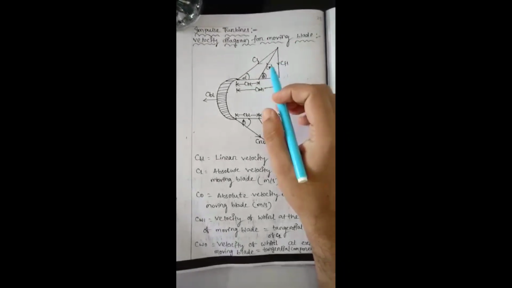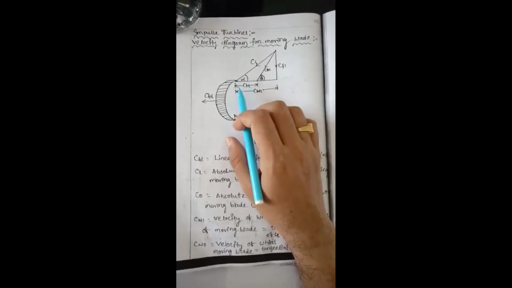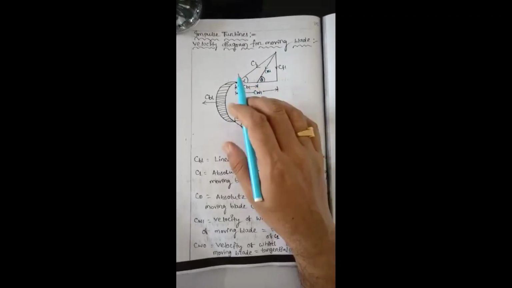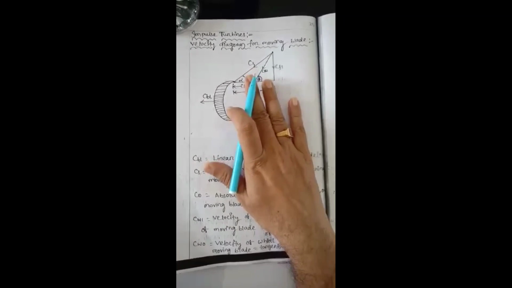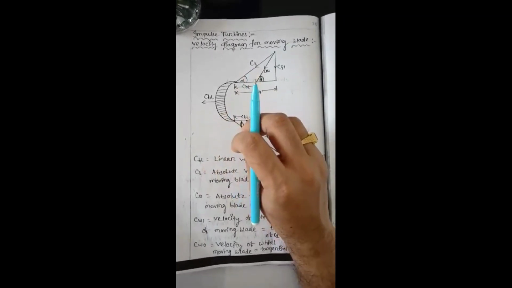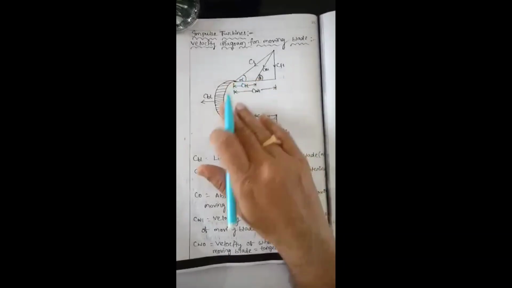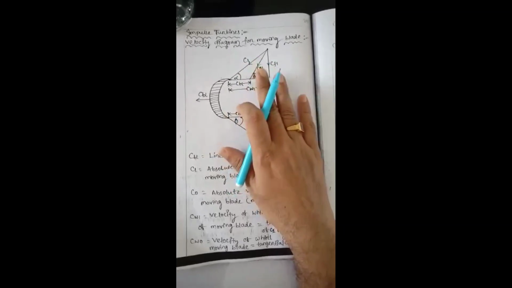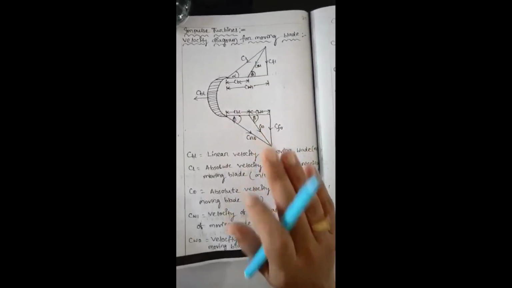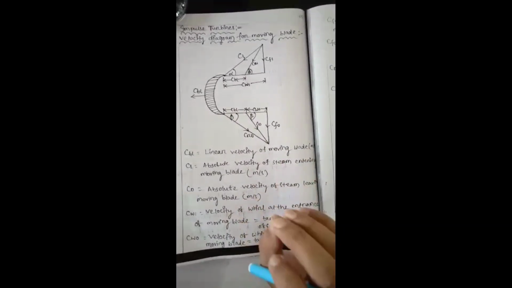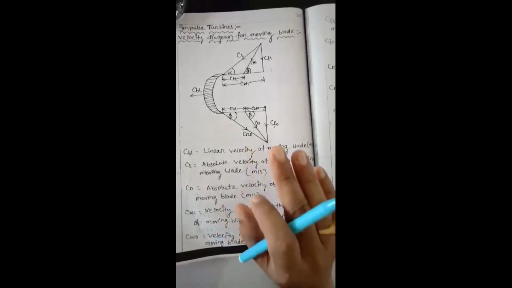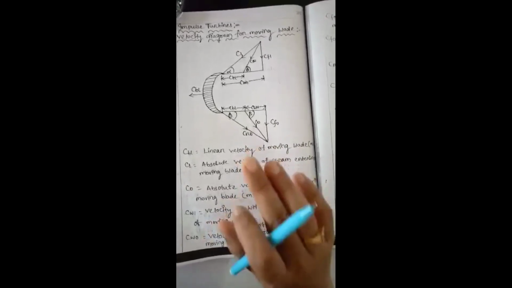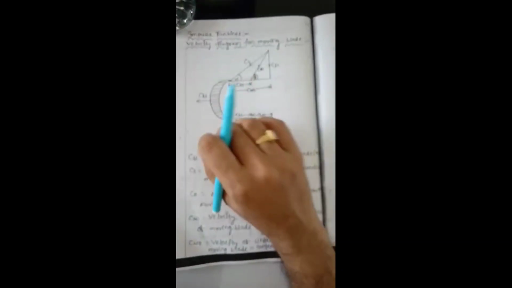Good morning, friends. Let us get acquainted with the different terms involved in the velocity diagram of a moving blade. First, come to know why we need this velocity diagram. The velocity diagram is drawn to find out various performances of a steam turbine: force on wheel, work done on blade, blade efficiency, stage efficiency, axial force on wheel, and energy converted to heat by blade friction. So to find out all these performances, we need the velocity diagram of the moving blade.